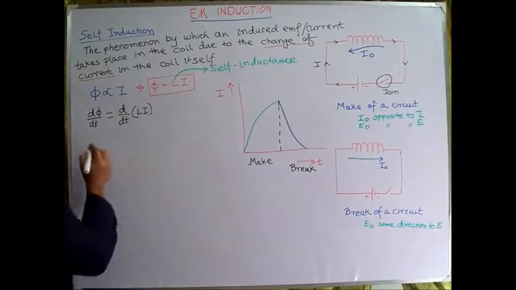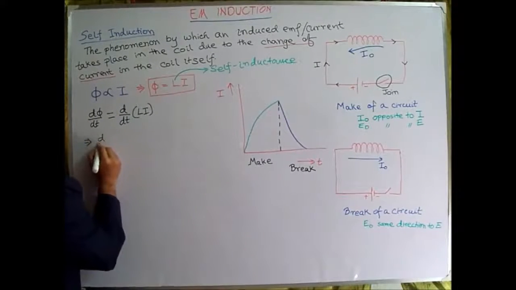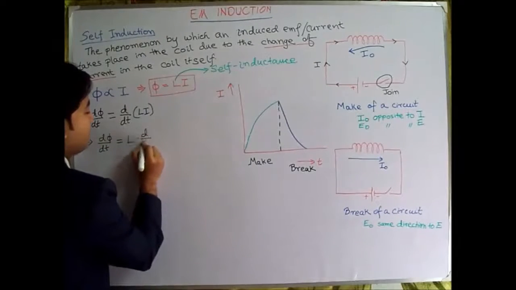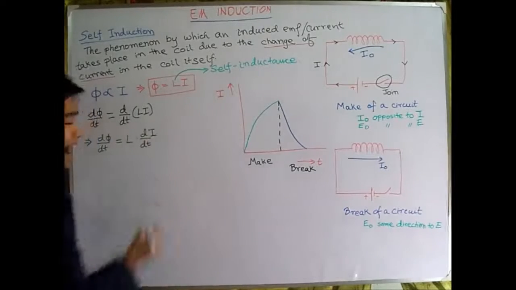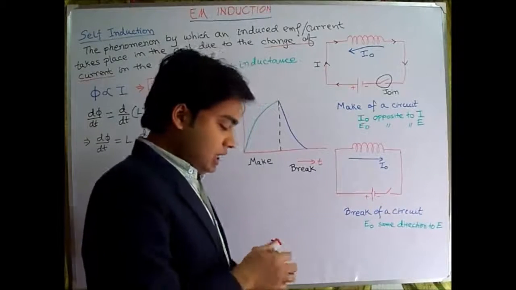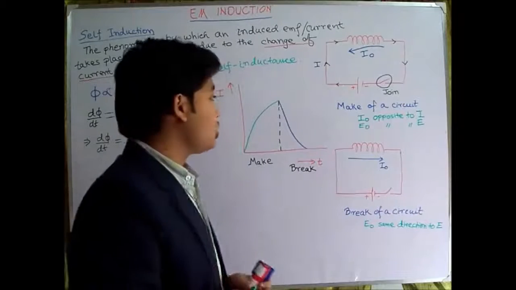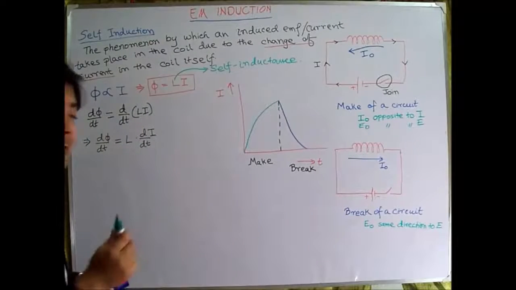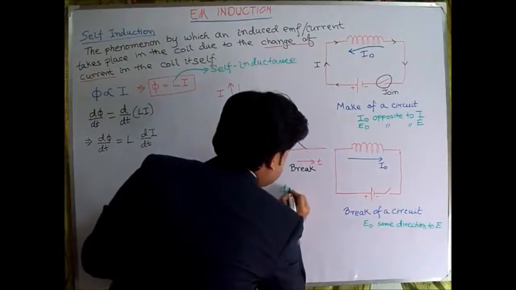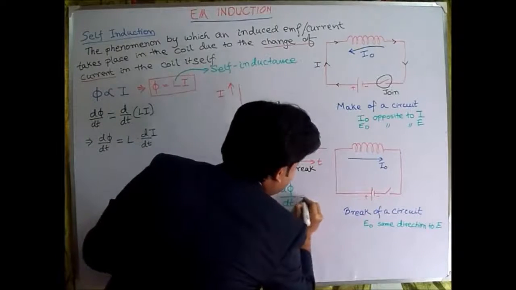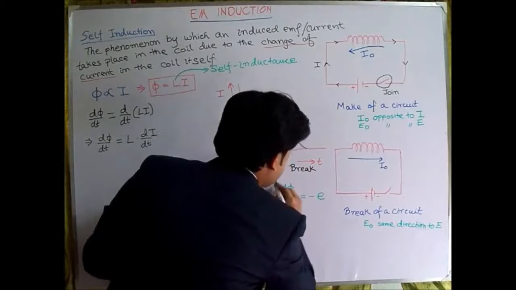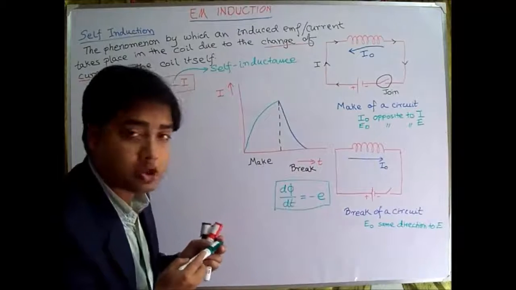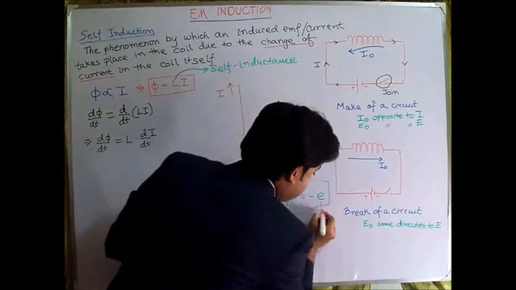So d by dt of phi equals L times d by dt of I. And previously from Faraday's law and Lenz's law, we saw that the rate of change of flux with respect to time gives E equals minus d phi by dt, where E is the induced EMF